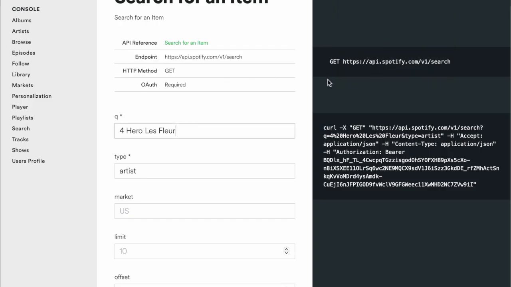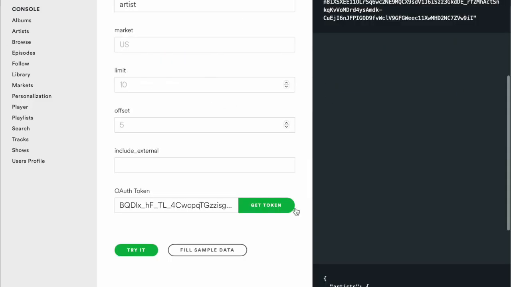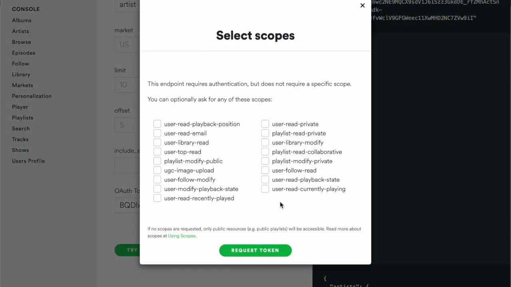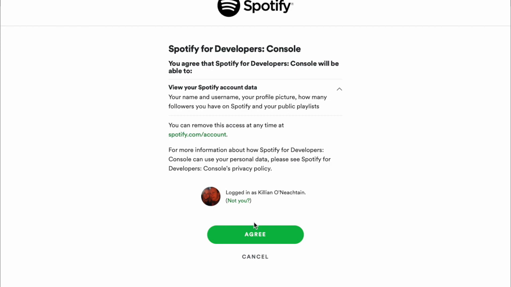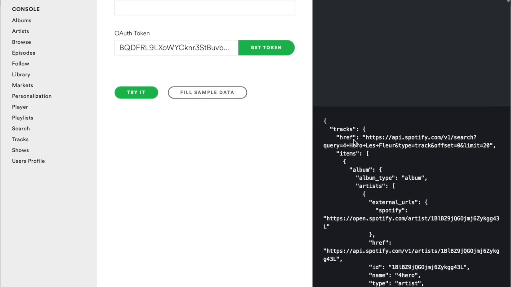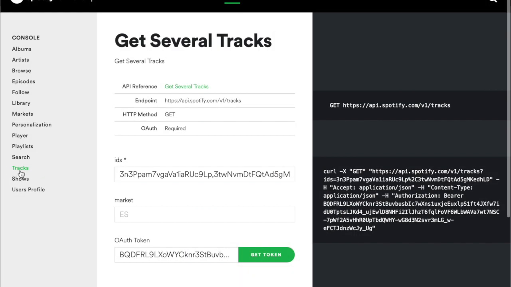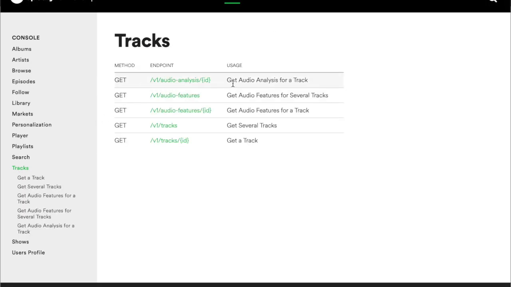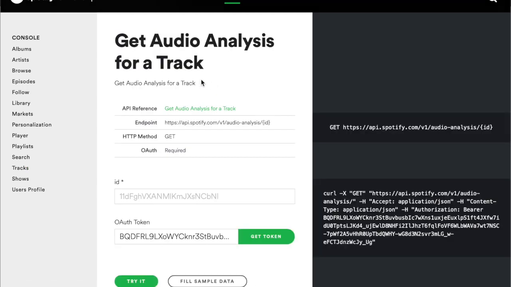Spotify has an API. So logging in, you can get a token from them. You should get a token before you make a request. So here you're just asking for the token. You get this JSON. So here, this is the endpoint that we need to get onto the audio analysis relevant